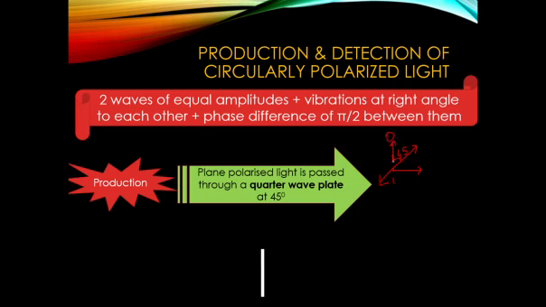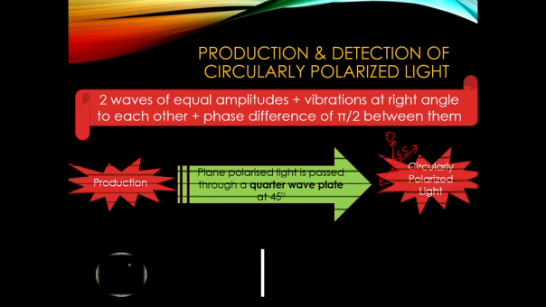If it is resolved along the optic axis, it would be E cos theta, which will be E0 by 2. And what about this one? This will also have the same value because sin theta and cos theta have the same value at 45 degrees. So the amplitude along this direction will be the same as the amplitude along this direction, and hence we satisfy the condition for circularly polarized light, and what you get will be a circularly polarized light.